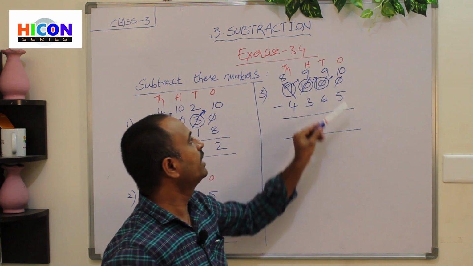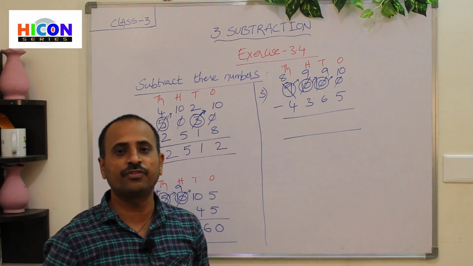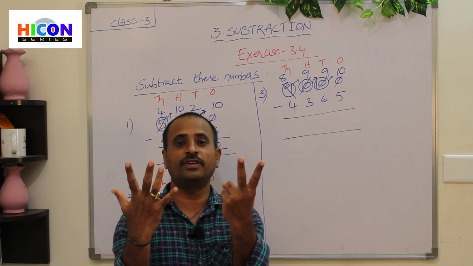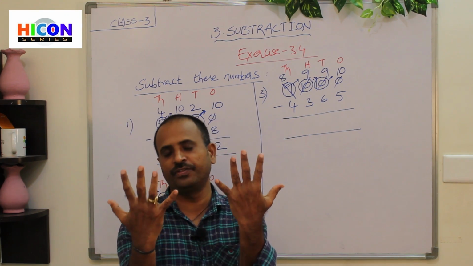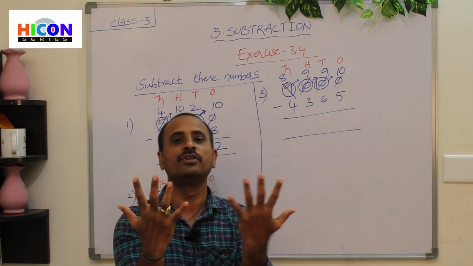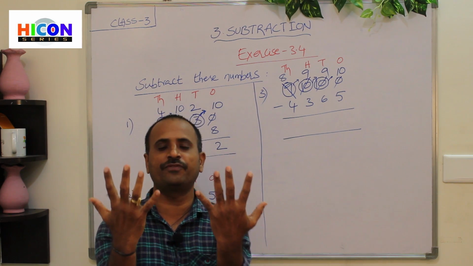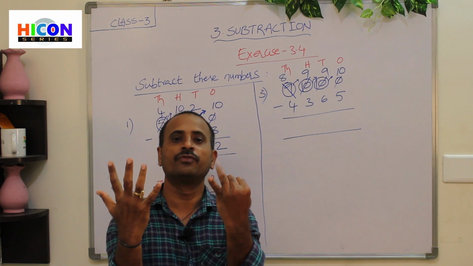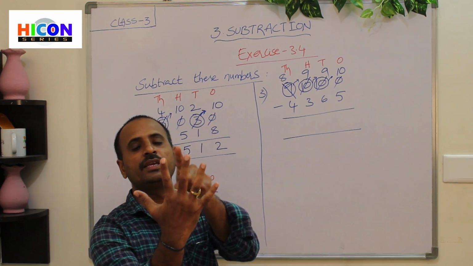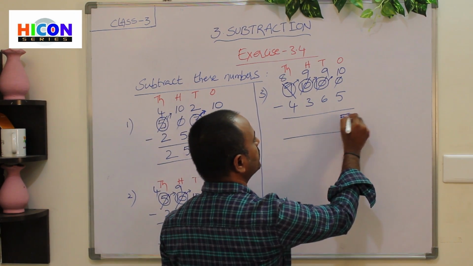So that means the first number is 10 and the second number is 5. So open 10 fingers of your hand, that is 1, 2, 3, 4, 5, 6, 7, 8, 9, 10. These are the 10 fingers. Children, what is the second number in the ones place? The second number in the ones place is 5. So close 5 fingers among these 10 fingers. See, I am closing 5 fingers. 1, 2, 3, 4, 5. So now how many fingers are remaining? 1, 2, 3, 4, 5. So there are 5 fingers remaining. So write 5 under ones place.